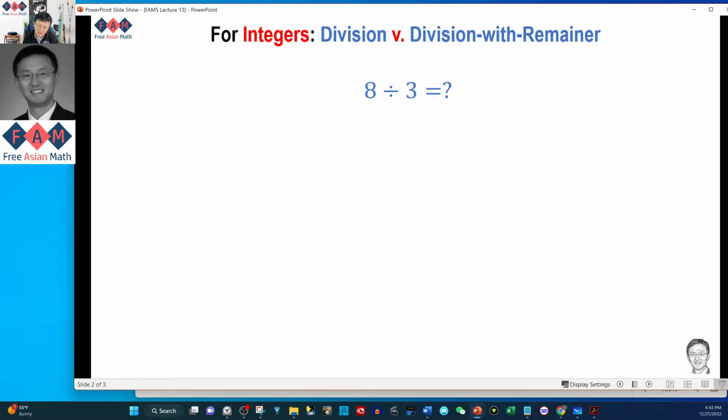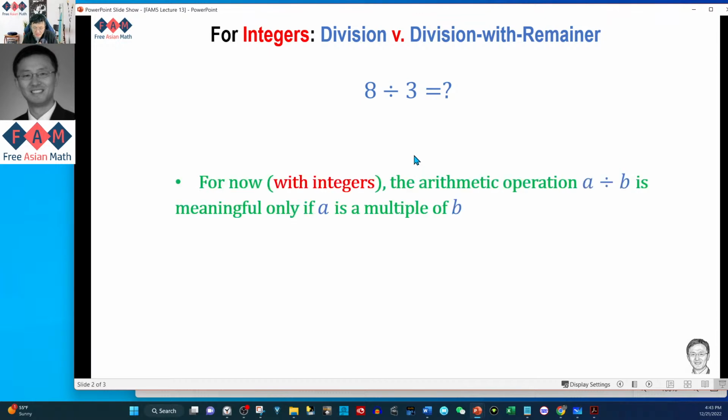That is the important concept of division versus what we call division with remainder, which we actually knew what it is, as we just demonstrated, right? But it's very important to understand those two with some rigor. So before we bring in the concept of fractions, all we can work with is just integers. In the context of integers,